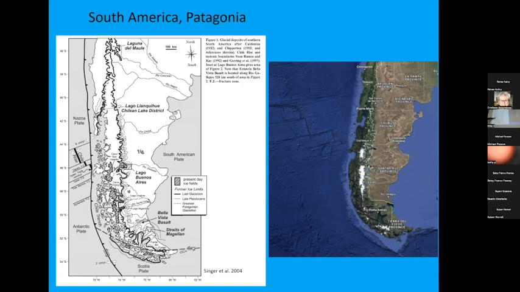This figure we put together for a paper, and it's more concerned with where the glaciers and the ice sheets were. These outlines you can see, this thick black line, these dashed lines, those are limits of what's called the Patagonian ice sheet. So Patagonia, or the Southern Andes, did have a narrow, small ice sheet, just like the Laurentide ice sheet over Lamont Doherty. The Laurentide ice sheet, which covered Lamont Doherty, was the biggest ice sheet on the planet during the Ice Age. I guess it was even bigger than the East Antarctic ice sheet. Maybe it was about the same order of magnitude as the East Antarctic ice sheet is today. But these outlines show the extent of the Patagonian ice sheet.